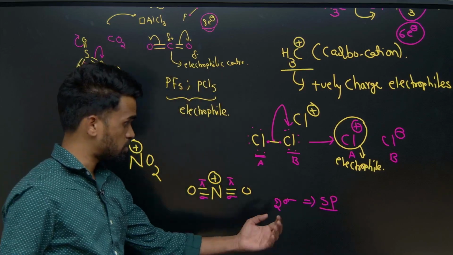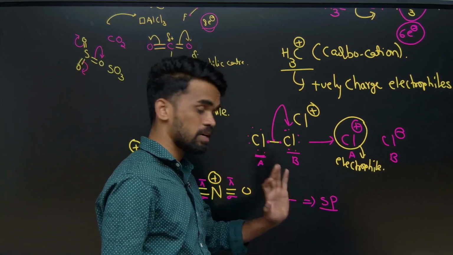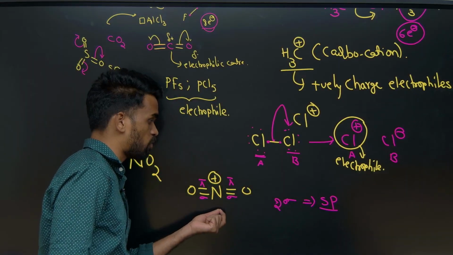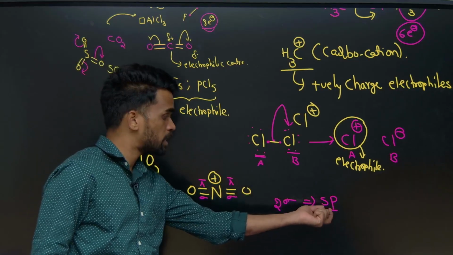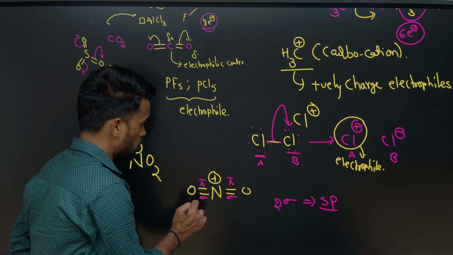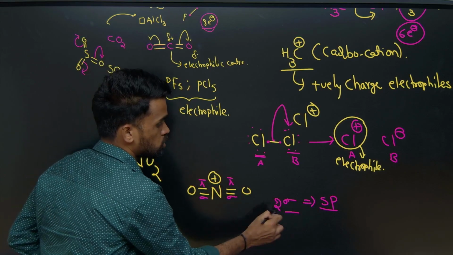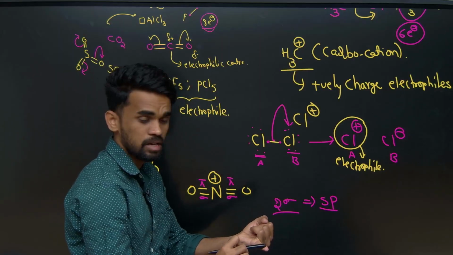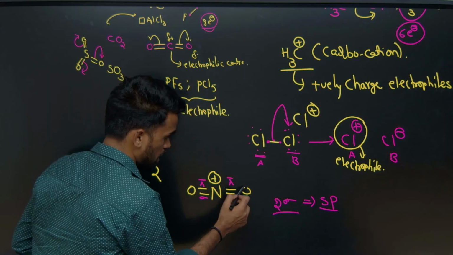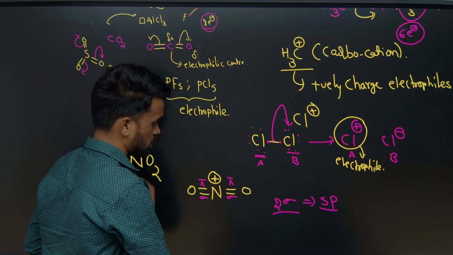We already discussed hybridization in chemical bonding. Just wanted to revise a little bit here. So the number of sigma bonds plus the number of lone pair electrons gives the hybridization of that particular central atom. Here there are no lone pair electrons, only sigma bonds. So 2 sigma bonds, we can say one s and one p, so sp hybridized.